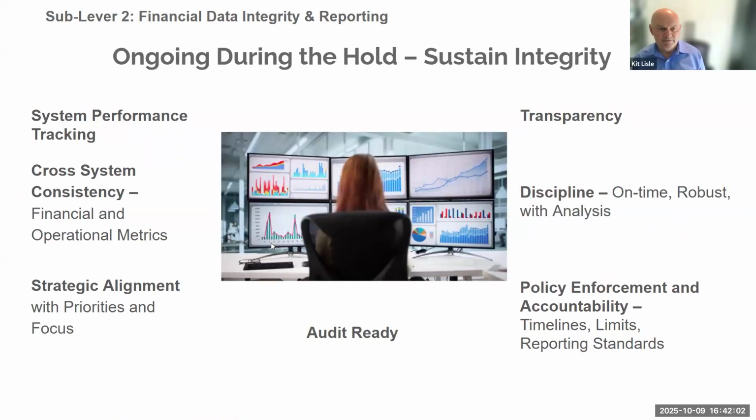During the hold period, we want to sustain integrity. So this theme of transparency is going to show up again and again and again, like providing everybody with clear, fact-based, objective insights to enable them to make objective decisions. Discipline, meaning on time, robust. And I'm going to say this probably several times during the course of this hour, but